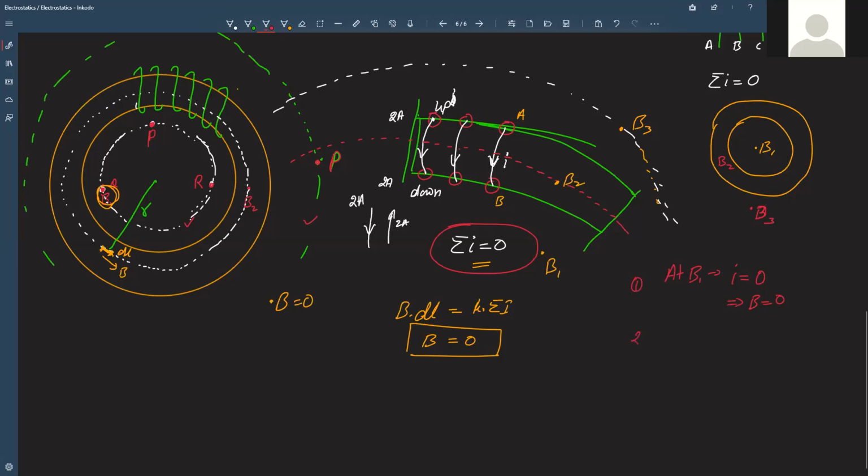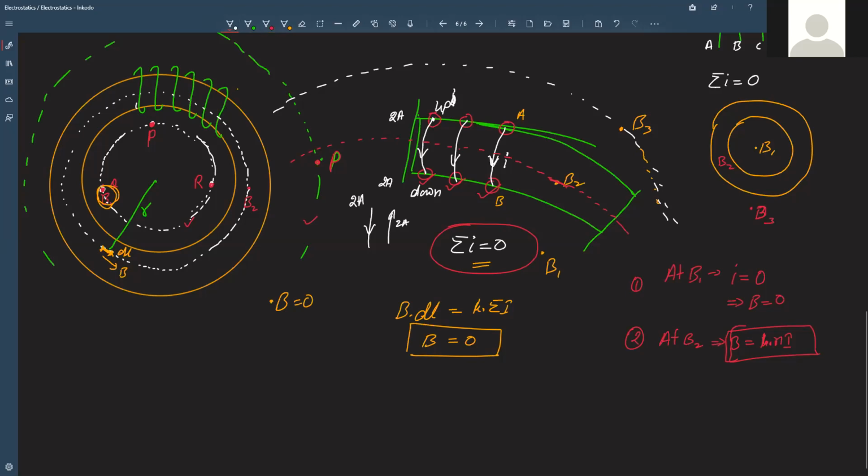Now in the second one, at B2, we have already seen, B2 is a point somewhere over here, right? And inside you can see that all the currents are going in the same direction. So all these currents get added up. So here the total current is not 0. That's why there is a resultant magnetic field, and that magnetic field B was equal to mu naught into N into I. That was a point inside the body of the toroid.